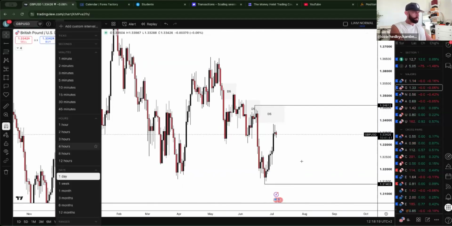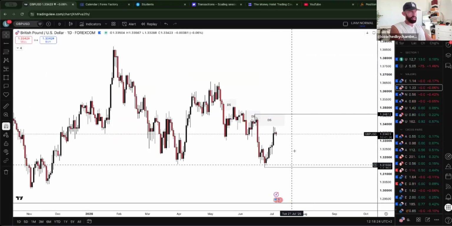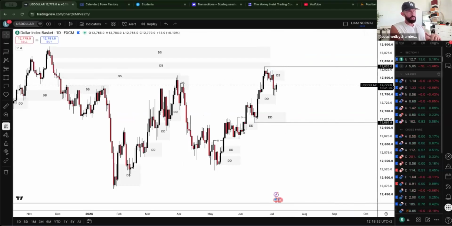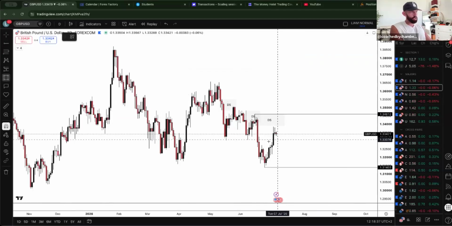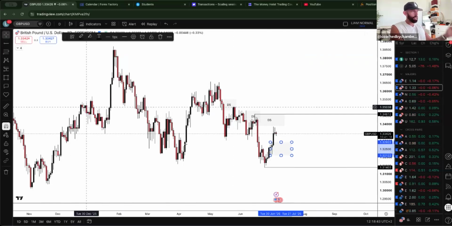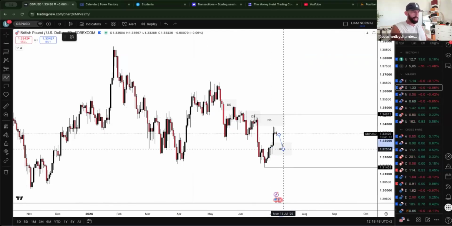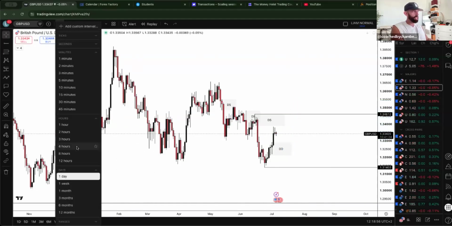Now, going off the dollar, of course, if the dollar carries on bullish, then GU should carry on bearish. Now, of course, if we get into this daily supply area and carry on shorting, then what can we expect here? Well, let's say that market gets into this area of demand, which is our daily demand. Then, if the dollar obviously carries on bearish, we could get market carrying on bullish from here. So just be aware of both scenarios.